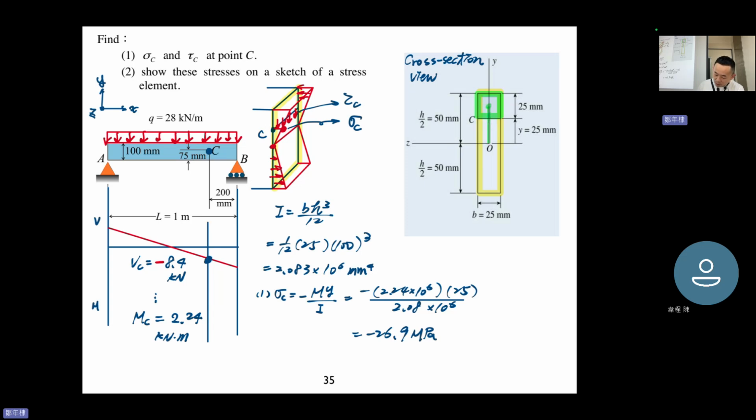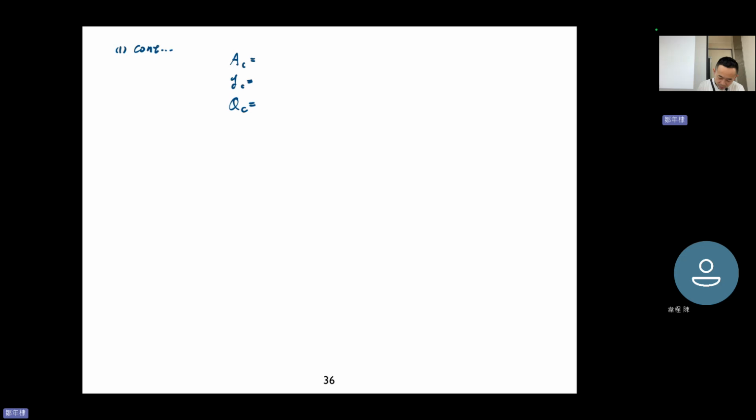Okay, so not difficult, right? 25 times 25, 625 millimeter square. YC is 37.5 millimeter. QC is AC times YC, equal to